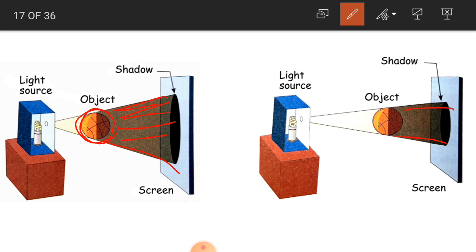This is one object. For example, we'll assume this as a ball. Any object you can take. So the light source is very near to this object and the screen. Suppose you assume it is a door or any screen. So the shadow of this ball is falling on this screen. And how is the size of the shadow? It is large in size, because the light is close to the object and the screen is away from